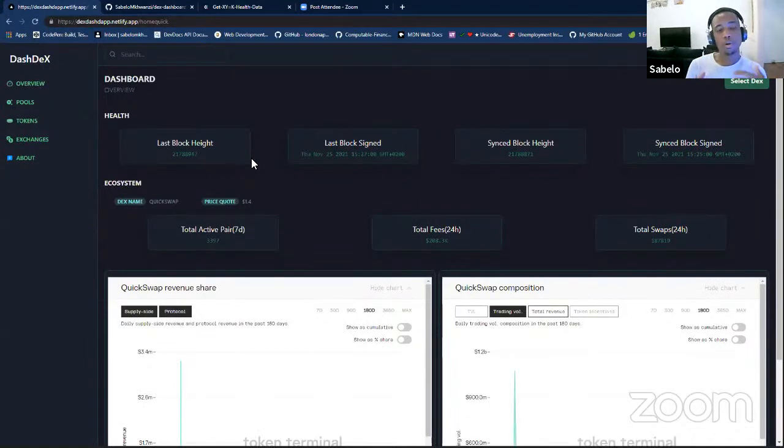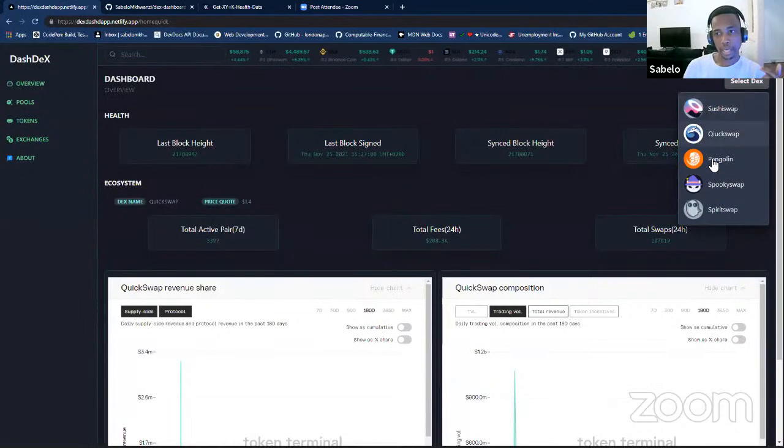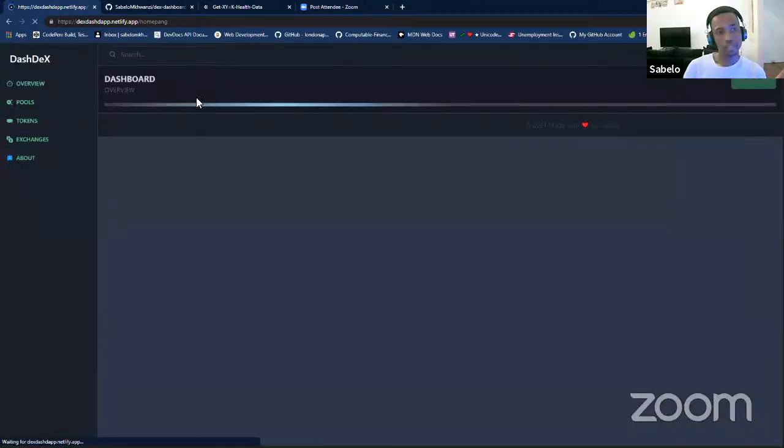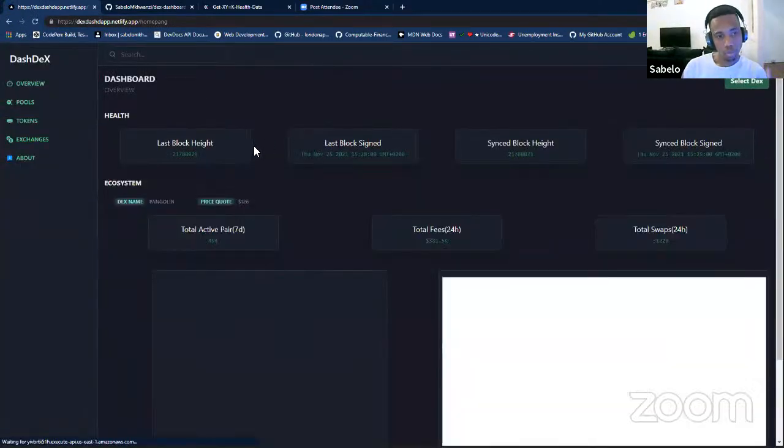That was the power of the Covalent APIs, because it lets you find different endpoints for different DEXes. To make it more convenient, I used Redux Toolkit to query different endpoints for different exchanges, because when you click here again, it will take you to another DEX exchange.